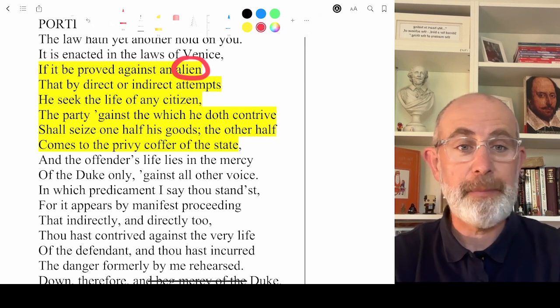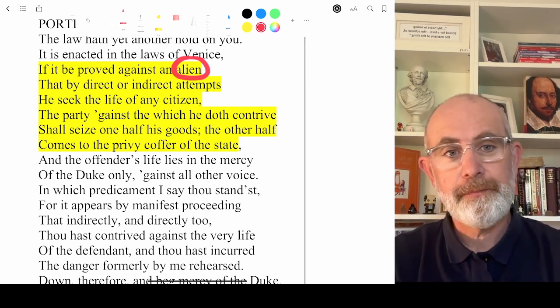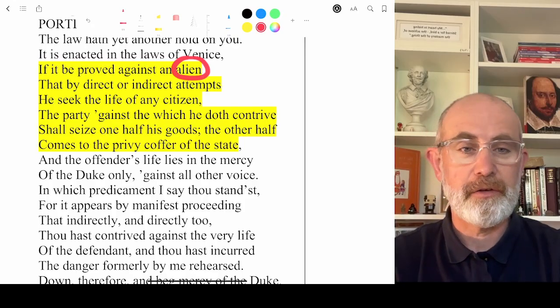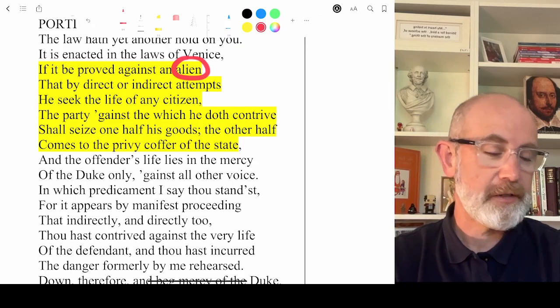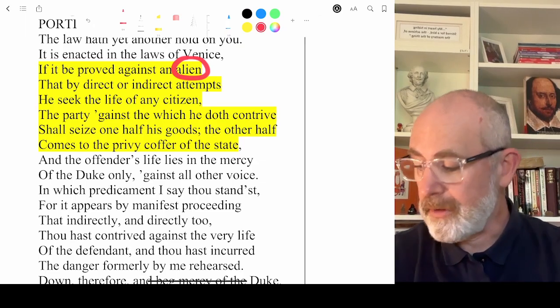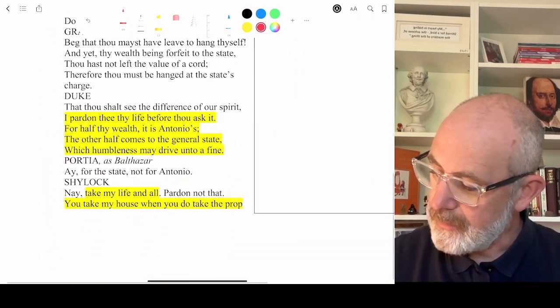So happy days, happy ending for Antonio. Hooray! Antonio gets all the money, so he's no longer bankrupt and no longer under threat of losing his life. And the state of Venice gets the other half of Shylock's estate. And Shylock is broken. And as you know, he is forced then to take